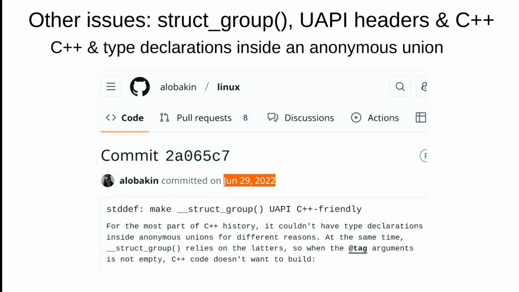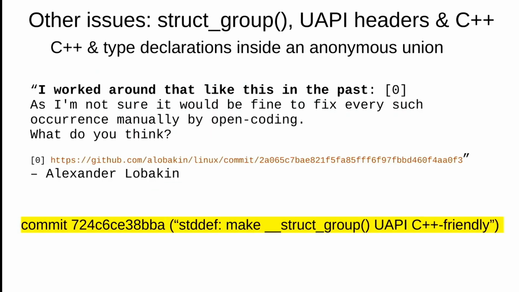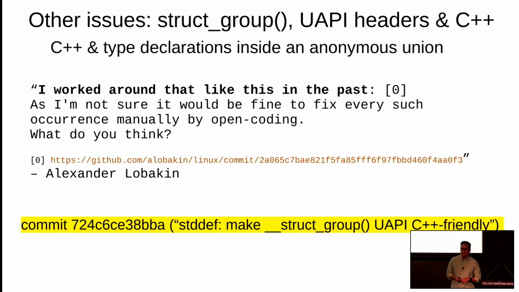He had a fix in 2022, and this networking maintainer complained about this issue in November, I guess, of last year. So we had mixed feelings about it. We were like, oh my God, you had this fix more than 2 years before someone reported this to us. So why didn't you send this upstream in the first place? And so this is the commit upstream.